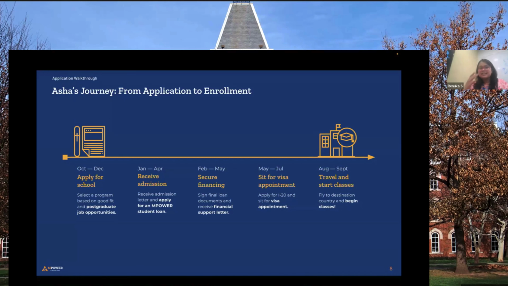So May to July is the timeline. Financial support letters from us, I-20 from US school. Student obviously sits for the visa interviews. This one is last because you need I-20 from the US and financial support letter. Clear your interviews, get a visa document, and in August and September, mid-September, Empower disburses to school as students fly